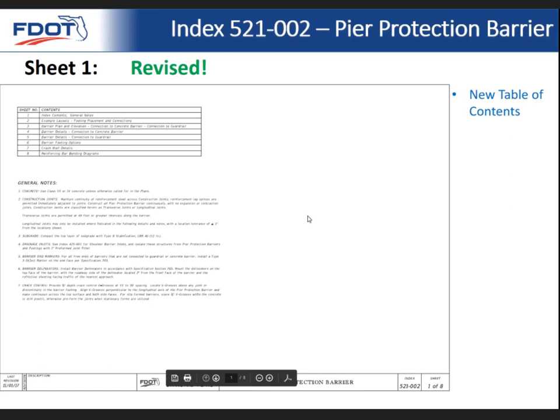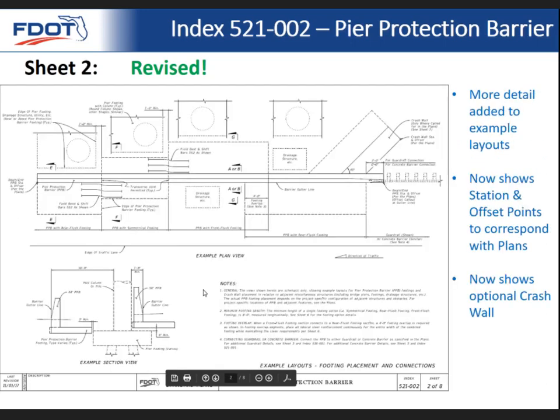So here we've revised sheet 1 for the general notes. We got a new table of contents so you can quickly find what you're looking for. Revised some notes for clarity, added note headings so you can quickly find your information. And the example layouts, these are helpful for designers and contractors alike, just to understand what to do